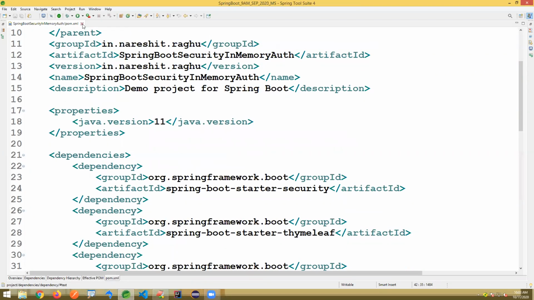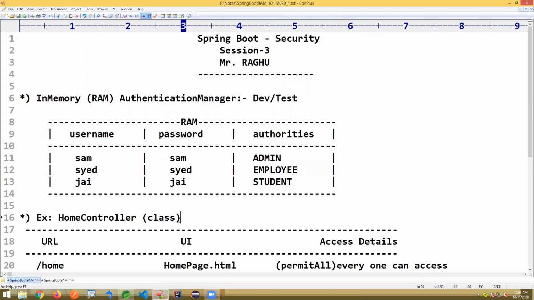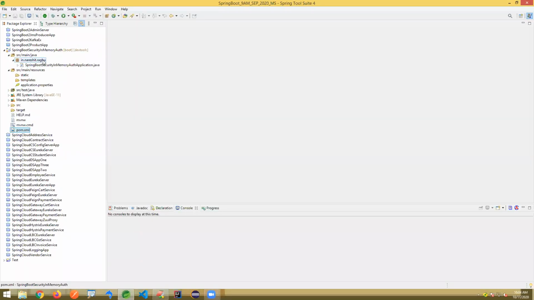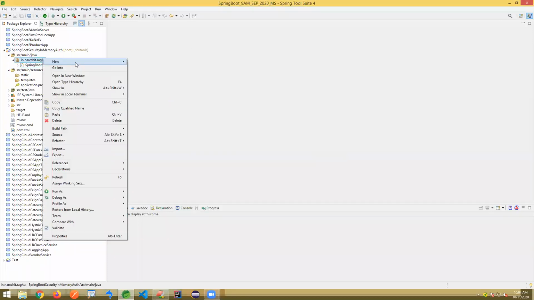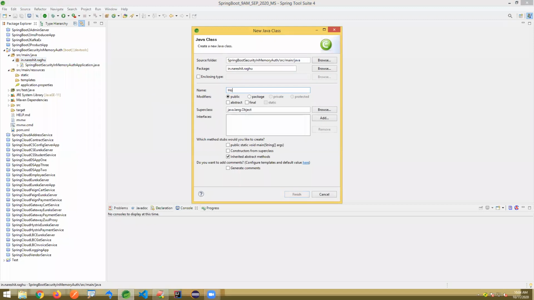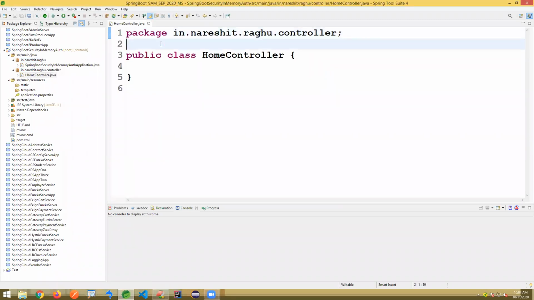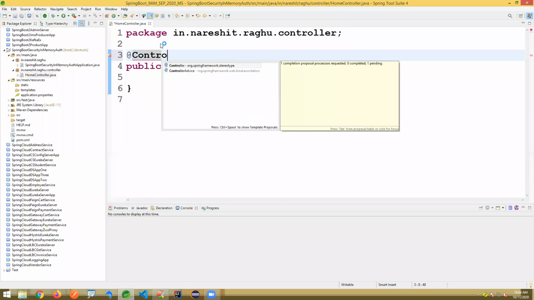That's fine. Now first of all I am writing a controller, a home controller. If we enter these URLs, it has to go to these pages. Without security, first I'll write the code here. I'm just writing a class, a home controller, applying the annotation @Controller.